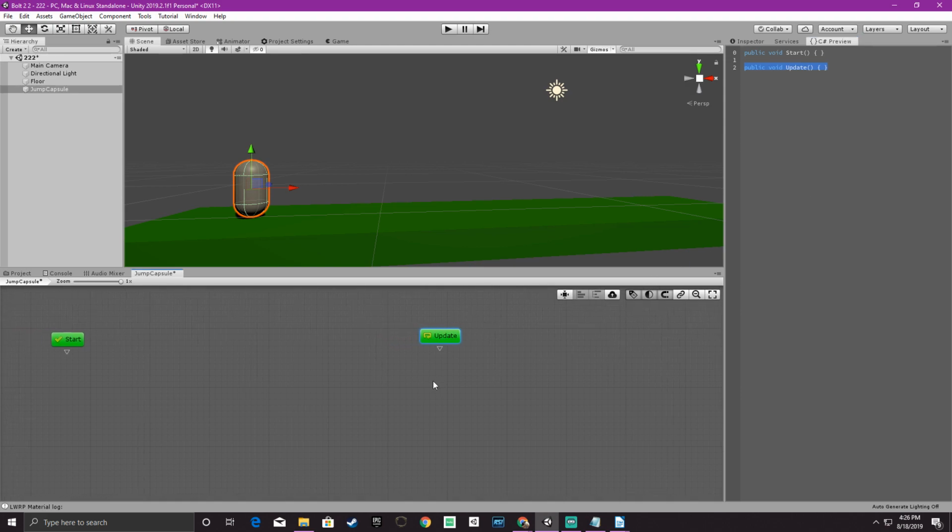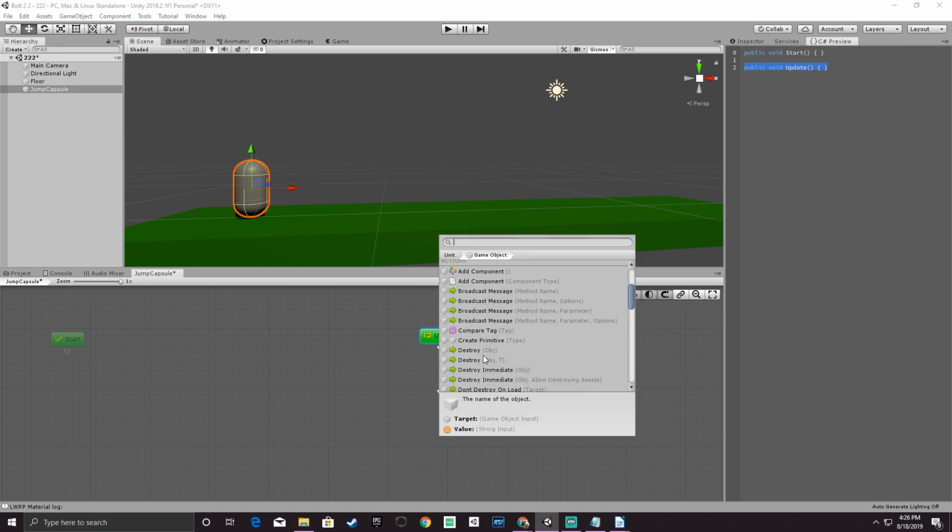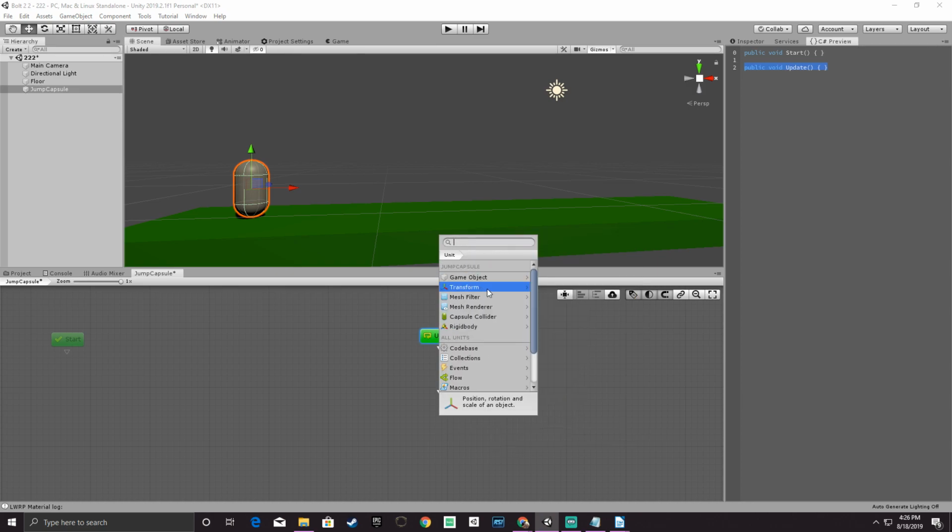So let's get started here. I want you to take a look up here, right where it says void update, because you see right here, start update, and as I click on it, it highlights. So I can add in a unit, which, if you look right here, gives you the list of units that you can use, as well as other units. For example, game object, which allows you to do different things regarding the game object. Here's a transform, which is the location, the scale, and the rotation of the object. Mesh filter, mesh renderer, rigid body, capsule collider, all the stuff that we need to make a